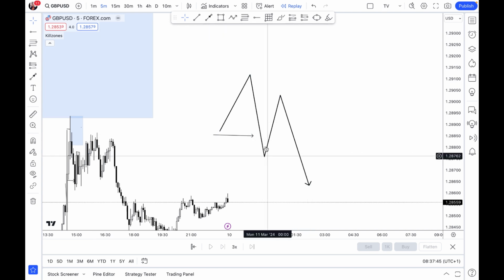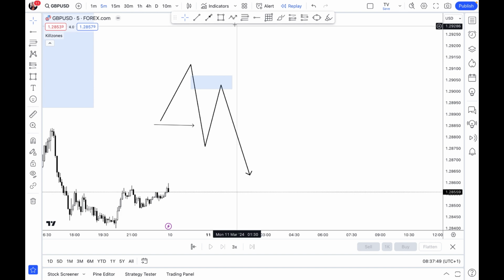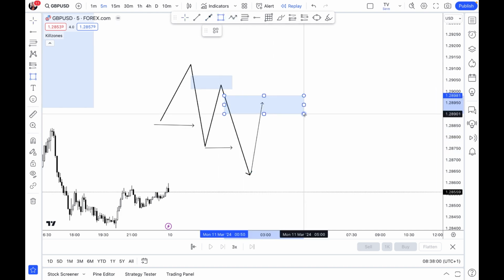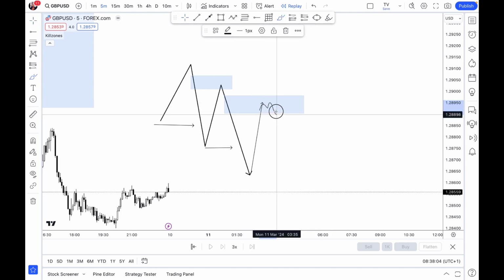Like from this zone, we have a break of structure. Market tapped clearly into an imbalance or supply zone. So we are in a downtrend. So now we broke another structure right there, and market is coming back up into this zone again. You want to take another sell trade. You waited for a confirmation entry inside this zone and decided to execute your sell trade.